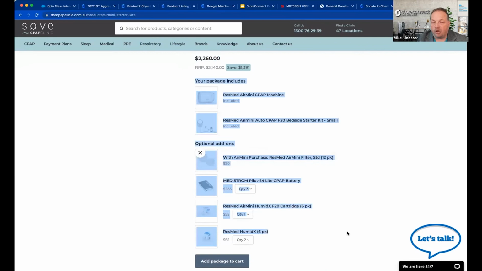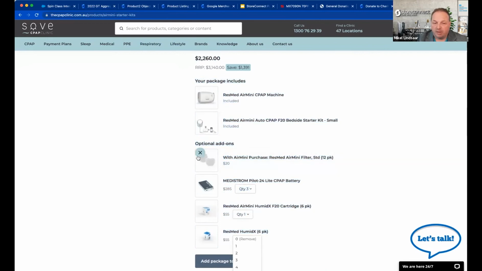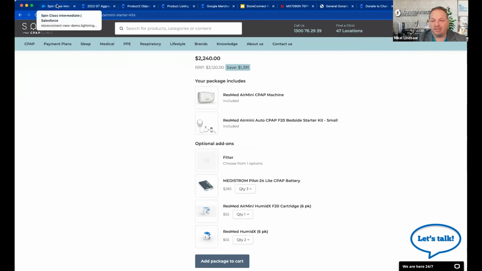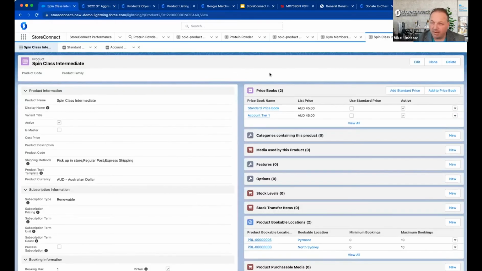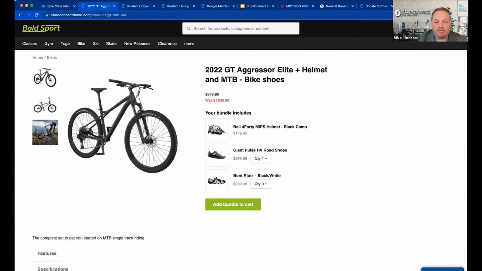So this is a highly complex CPQ option, but everything I've just shown you is out of the box StoreConnect. If you also have CPQ in your Salesforce org. Now, you don't need CPQ for every user. You just need CPQ for StoreConnect plus one for the admin. So that's about 150 a month, I think, for basic CPQ, 75 per license, something like that. But if we go have a look at what that looks like,